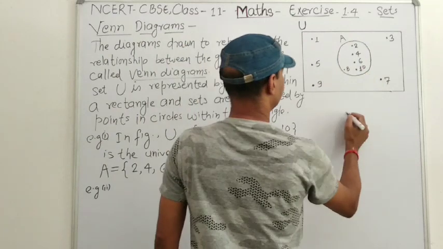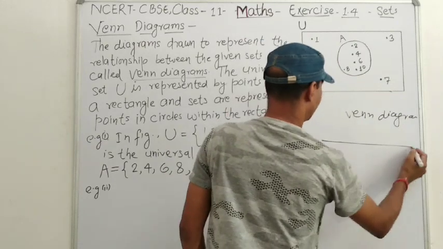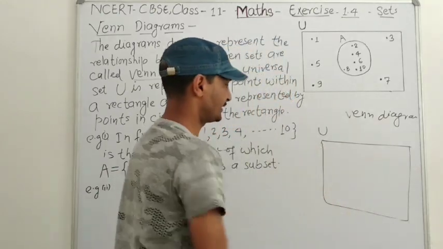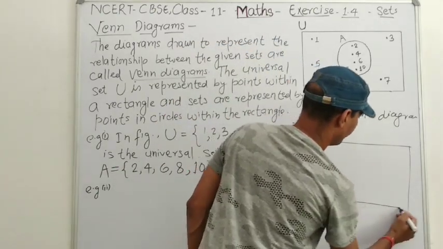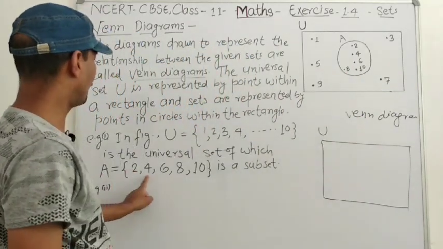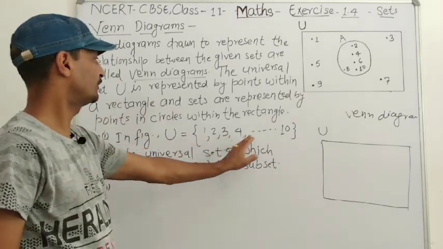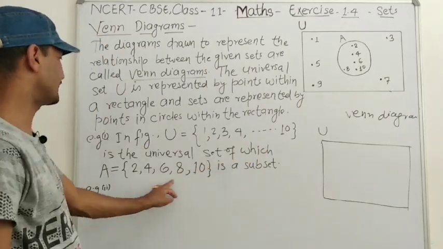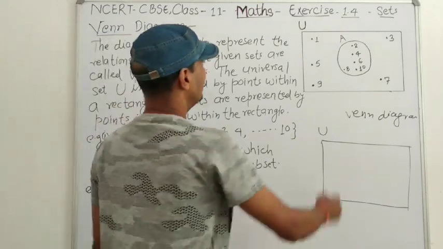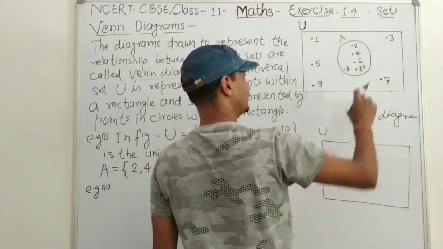So how to use a Venn diagram? First we draw a rectangle, and it is the universal set U. All elements must be here, like U is 1 2 3 4 up to 10, and set A is 2 4 6 8 10. That means the next set must be a subset of this universal set. A is a subset of this U, and all elements of A belong to U. So the universal set is made like this in a rectangle,